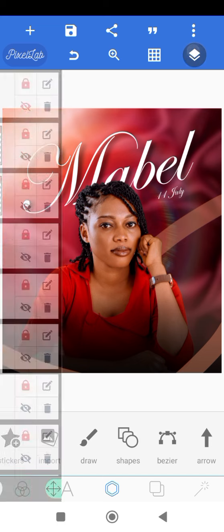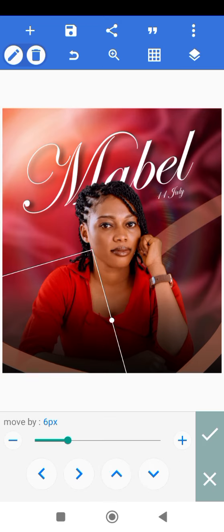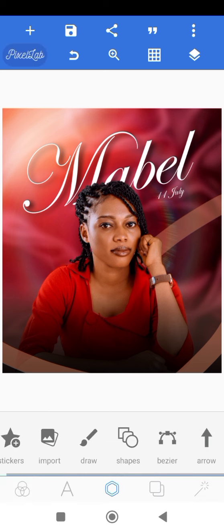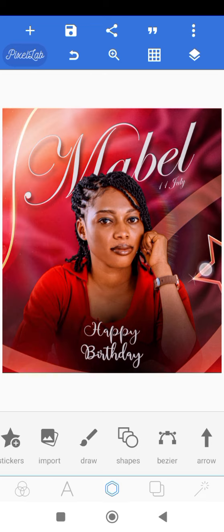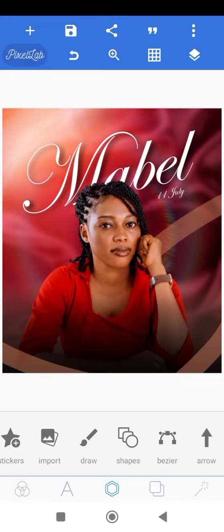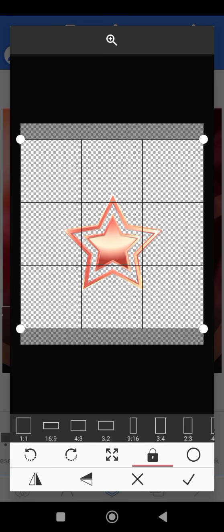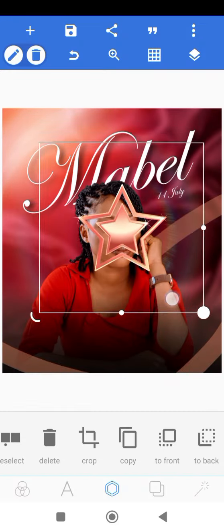So we can move this up a little like this. All right, that's fine. So we have something like this. Now the next thing we're going to do is to add the star icon here. So I'm going to import from my gallery. All right, so this is the star icon. I'm just going to insert this right about now. Now the next thing I want to do,